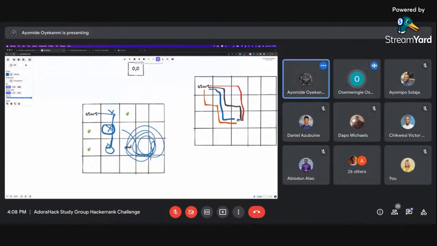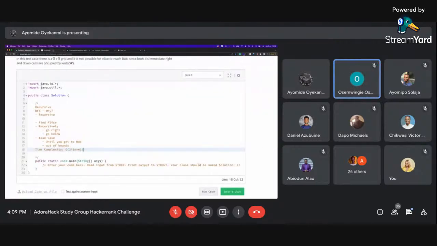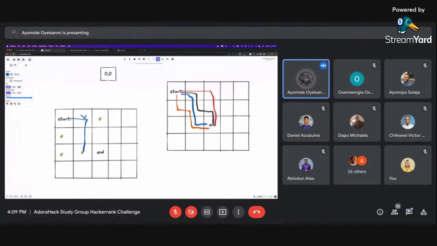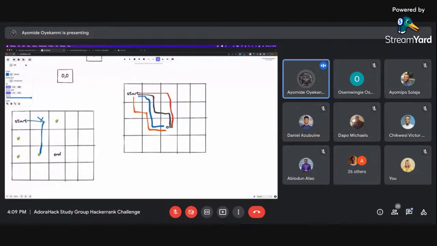Sorry, no, we're calling recursively, right? So we're calling recursively right and down. If that guy is already visited, we go down and okay, it's a wall. So when we come out, we have to call right recursively to explore that part. So that's where I'm coming from. Yeah, but that doesn't. Okay, so if we're checking